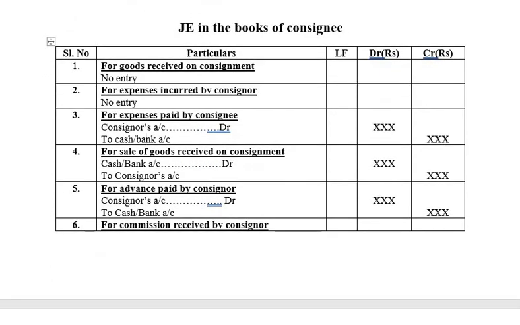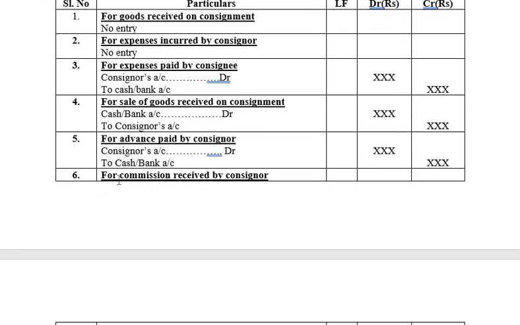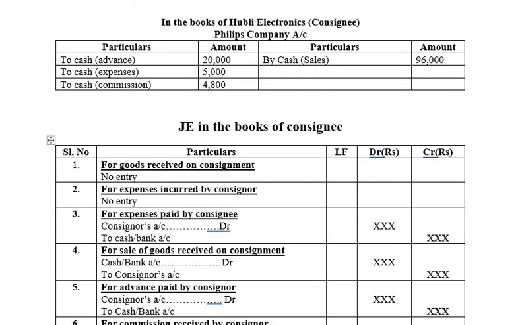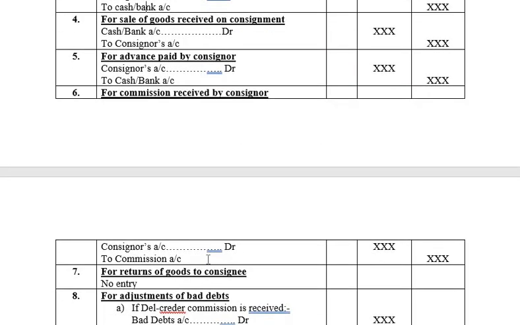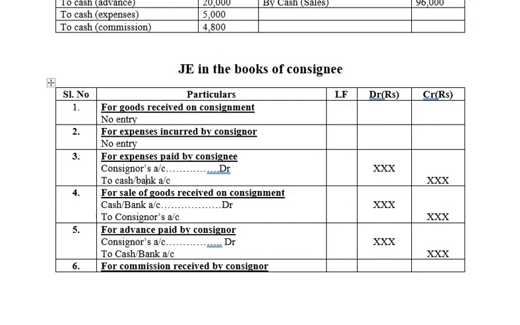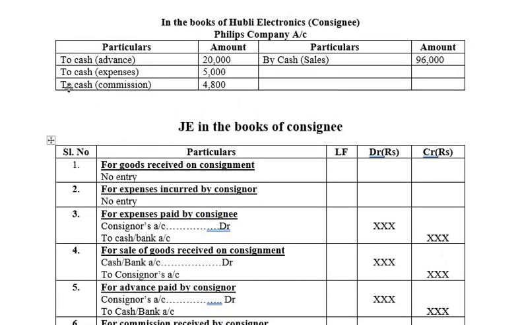Next journal entry, after advance paid by the consignor, is for commission received by the consignee. Yes, there is commission received. How much is the commission received? Commission received is 4,800. So what is the journal entry for it? If there is commission received by the consignee, then consignor's account debit to commission account. Okay, so pass the entry: consignor's account debited to cash or bank account in the bracket commission